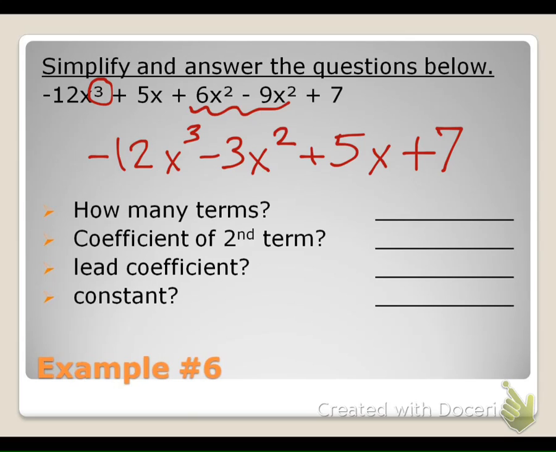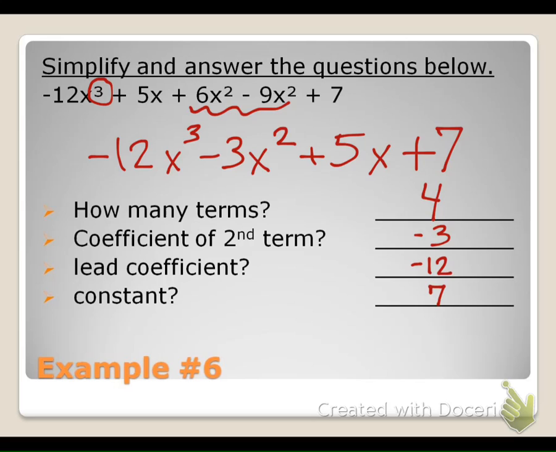How many terms are there? 4. What's the coefficient of the second term? This is the second term, right? What's a coefficient? -3. Yeah, a coefficient is the number being multiplied by the variable, so you don't want to include the x squared in there. That's the variable. The coefficient is the -3. The lead coefficient, what do you guys think that is? Good. Pretty self-explanatory. Lead is the one in the front. Coefficient, number with the variable. And the constant? 7. Wonderful. What are your